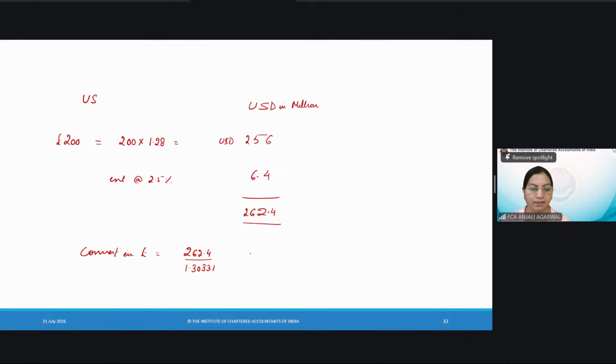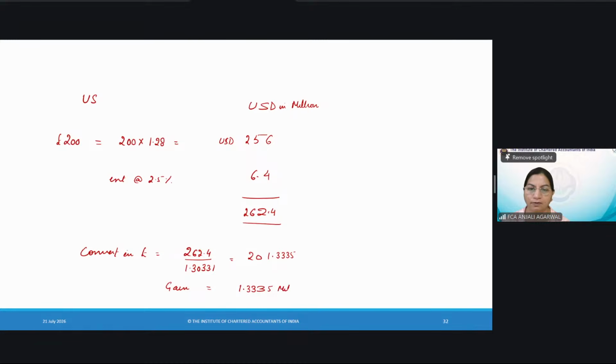And you end up getting 201.3335. So if you compare it till the last four decimals, here the gain is 1.335